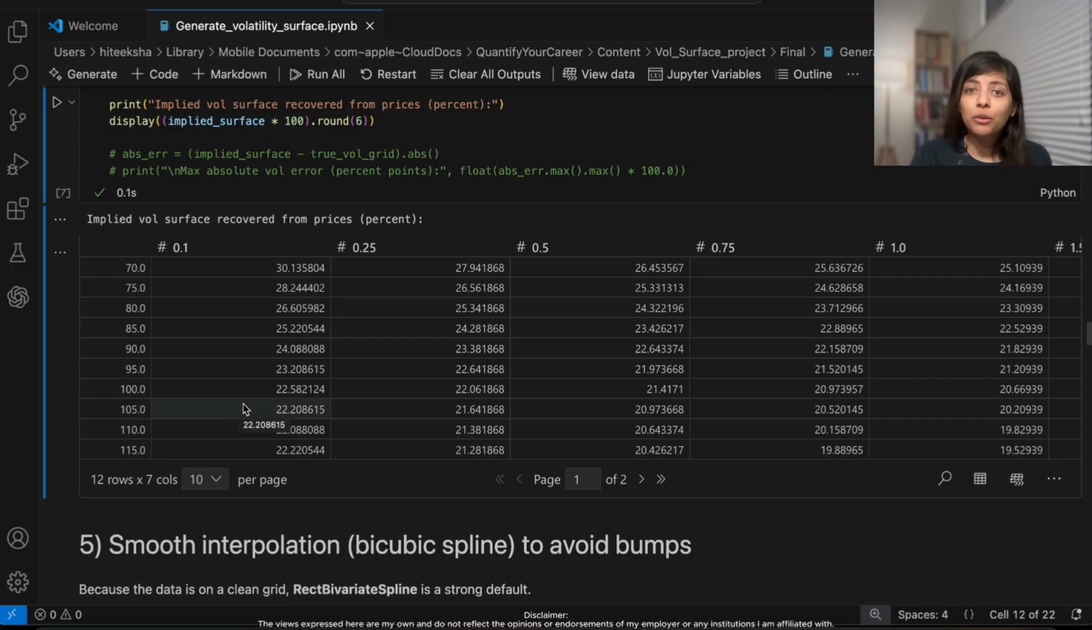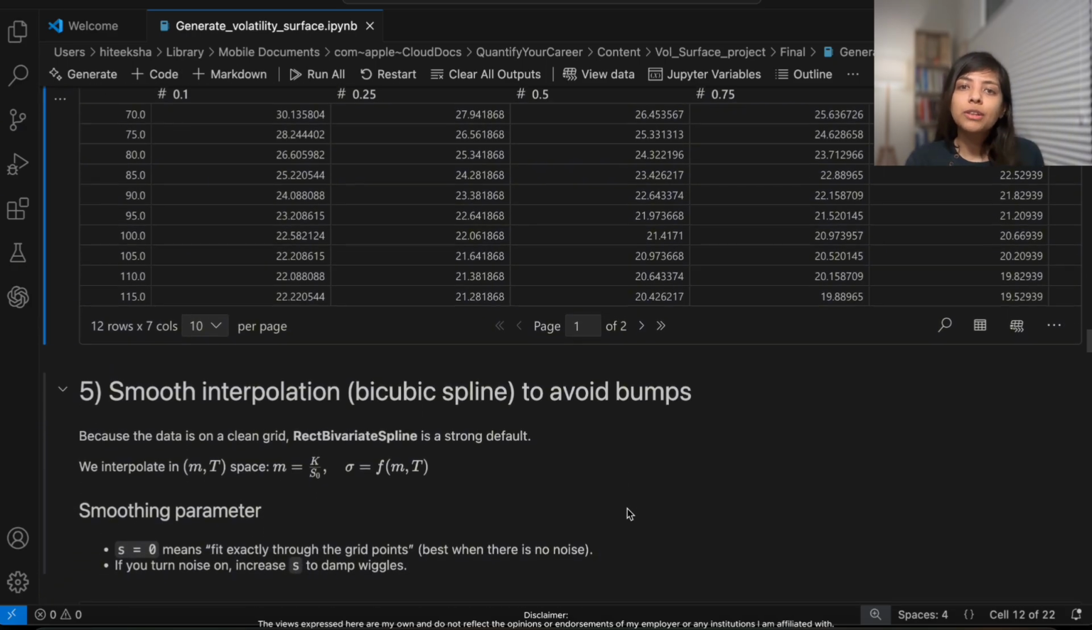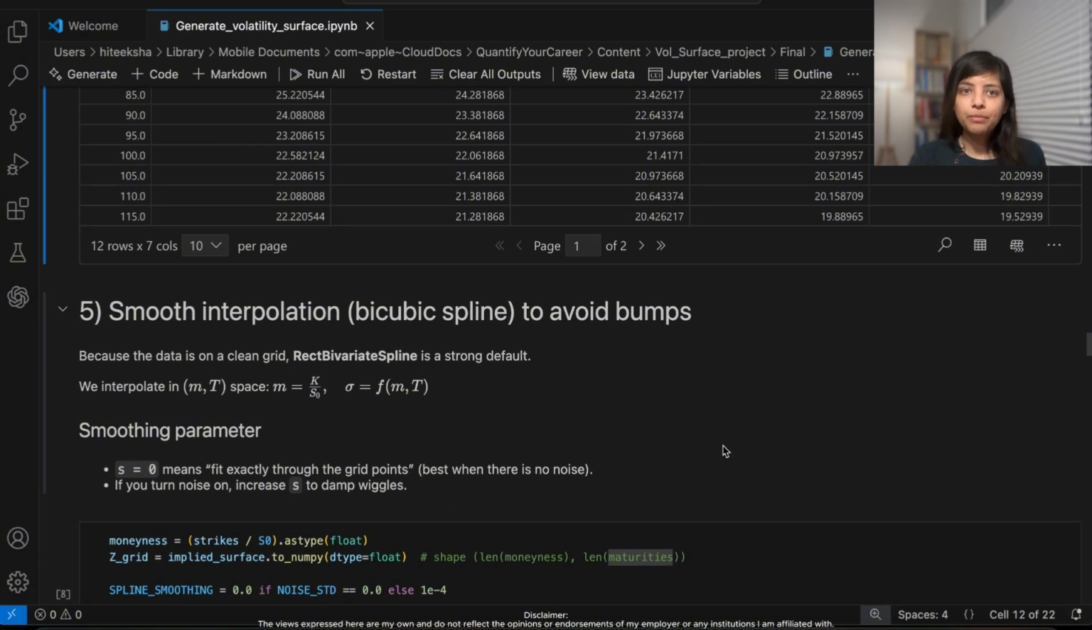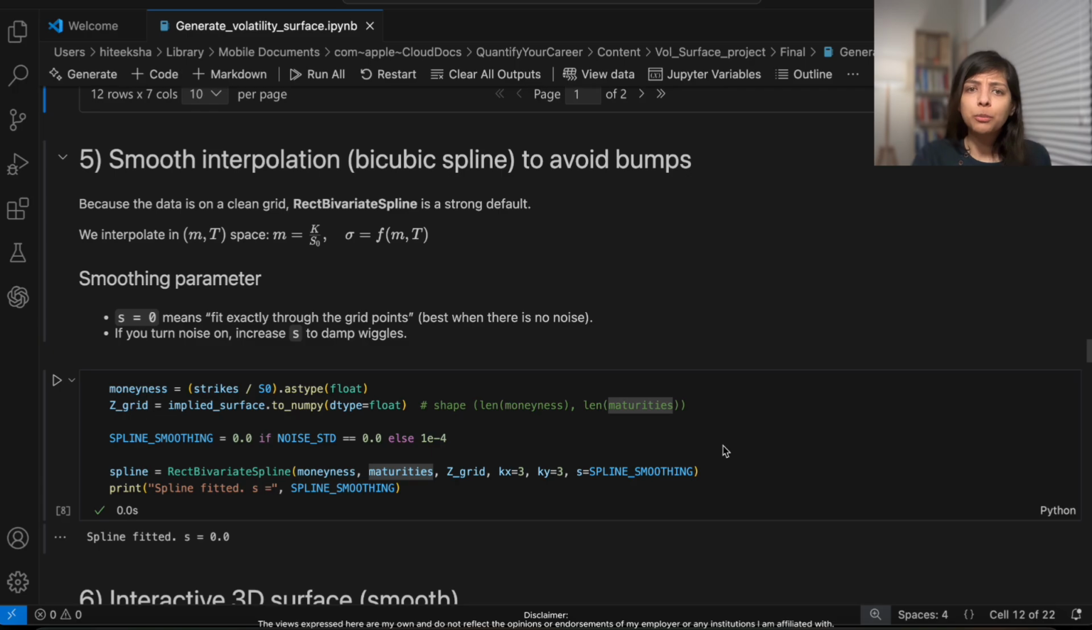So those aren't on your grid, and you need a way to fill in those gaps. So that's where interpolation comes in. You need a smooth function that takes your discrete grid points and creates a continuous surface. Now, there are many ways to interpolate, and some of them will create some weird bumps or strange behavior if